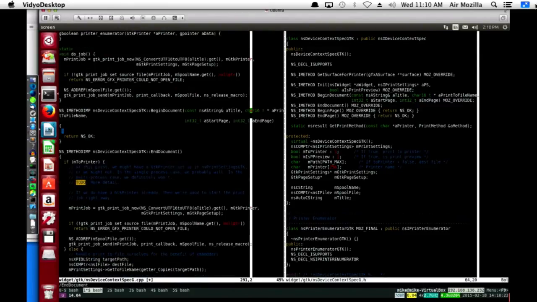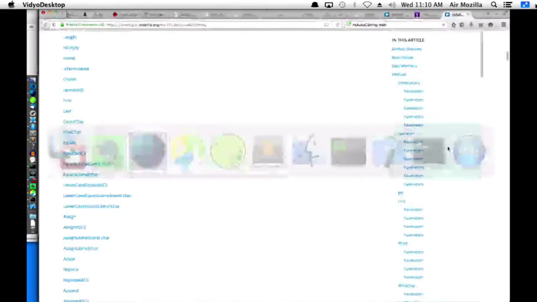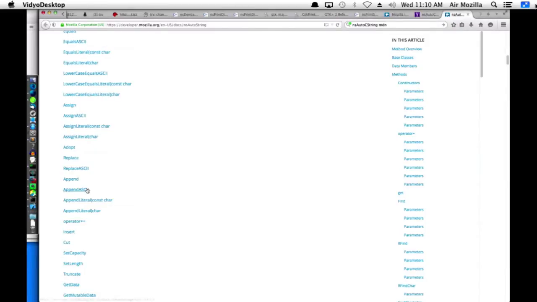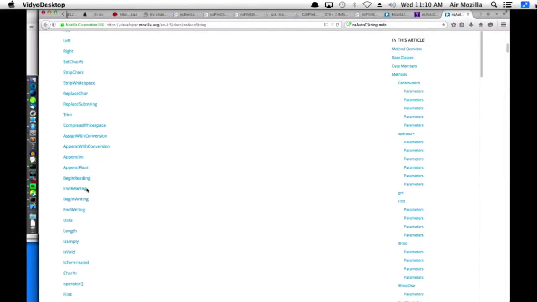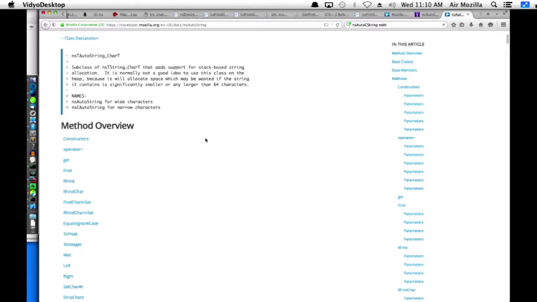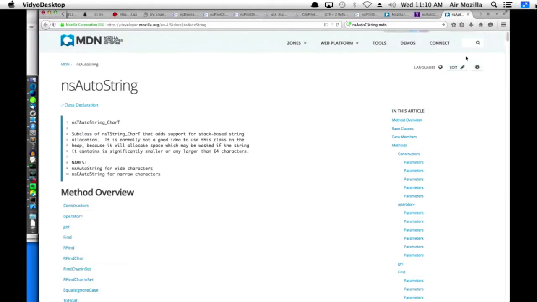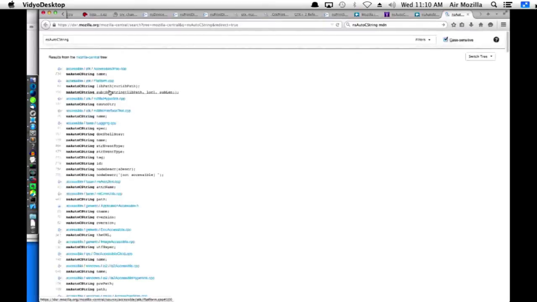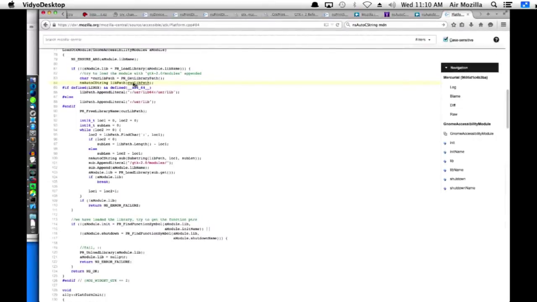So here is where I would want to set it. So we would say like mtitle dot, what is it, set? What do you use? Set. How do you append? Probably append. Begin writing? What does one do? Come on, this is supposed to be easy. NS auto C string. I said I knew what I was doing with this thing. You'd think I'd remember. Oh, you know what? I probably just have to... Yeah, I just pass it in the constructor.